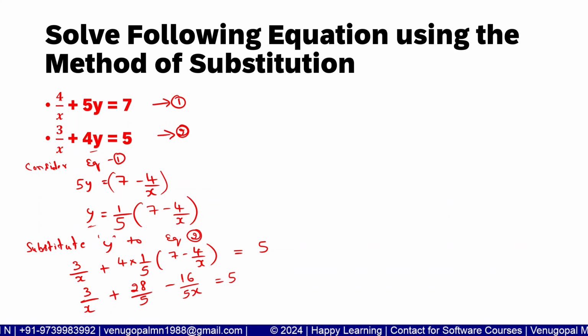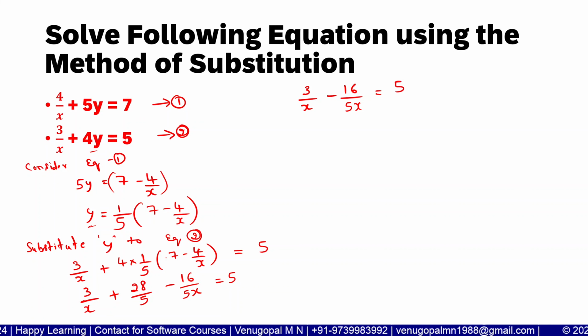Now 3x, 15x. If you have to solve this, what you will have to do? So 3 divided by x minus 16 divided by 5x is equal to 5. Move this 28 to the right hand side: 28 divided by 5. Since this value was positive, it becomes negative. Now if you have to derive the value,